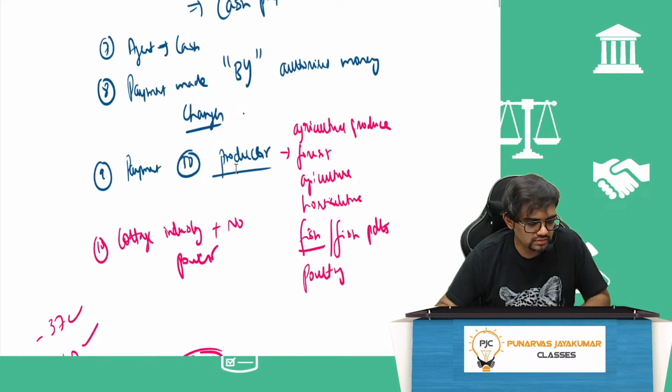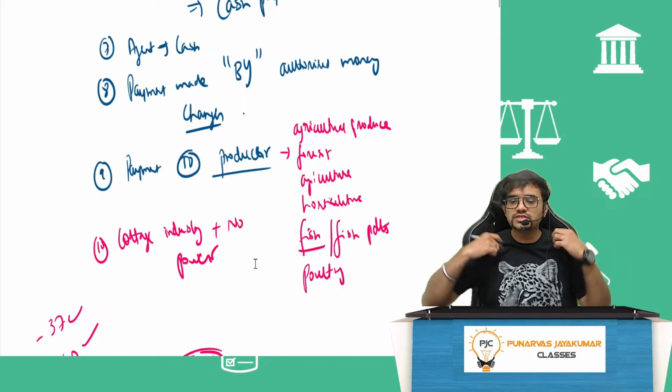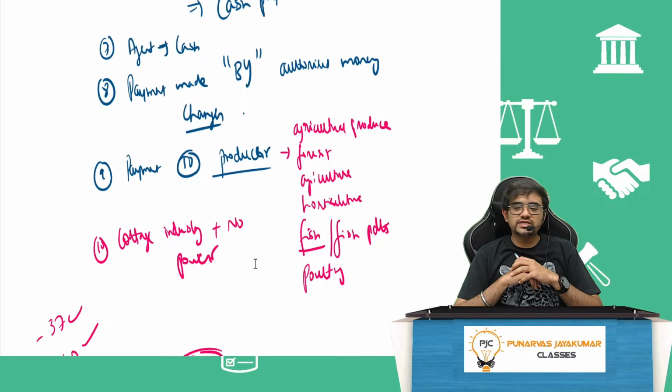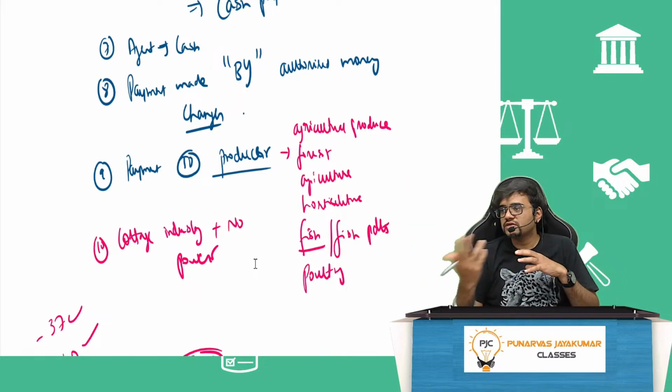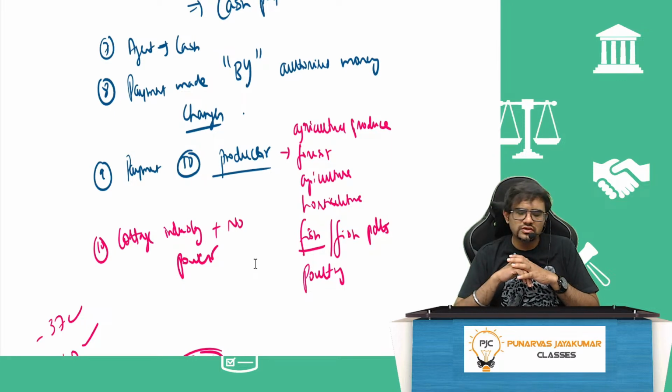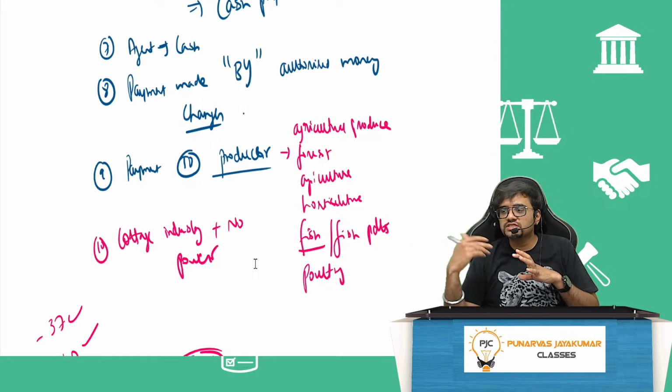Payment made to a primary producer. Primary producer means what? Agricultural produce, forest, agriculture, apiculture, horticulture, fish products. If I am directly paying a farmer, can I pay more than 10,000? Yes, no problem. Similarly, there will be a chief fisherman, under him many other fishermen. The main fisherman collects fish from everybody and sells directly to a hotel. ITC hotel wants to buy fish and gives this fisherman 60,000 rupees cash. Allowed, disallowed? Allowed, because the head fisherman is deemed to be a primary producer.